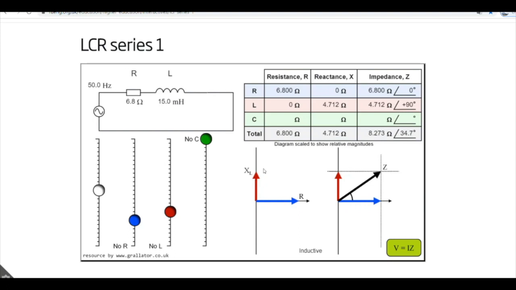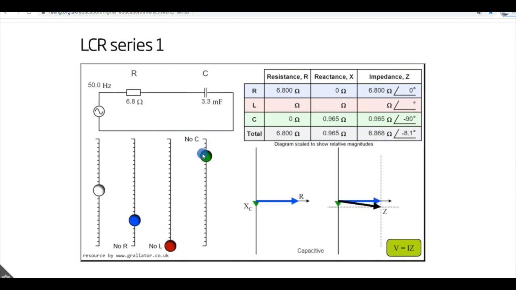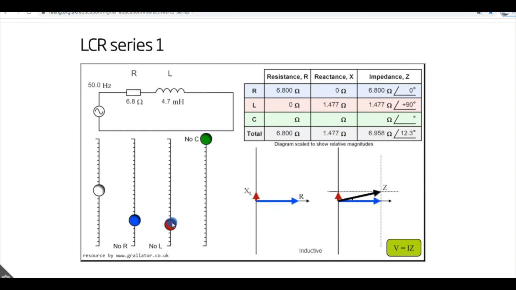The inductive reactance is plotted vertically upwards, as a purely inductive phase angle is plus 90 degrees, while the capacitive reactance is plotted vertically downwards, as a purely capacitive phase angle is minus 90 degrees. The total impedance of all the components combined, Z, is given by the vector sum of all the components, as